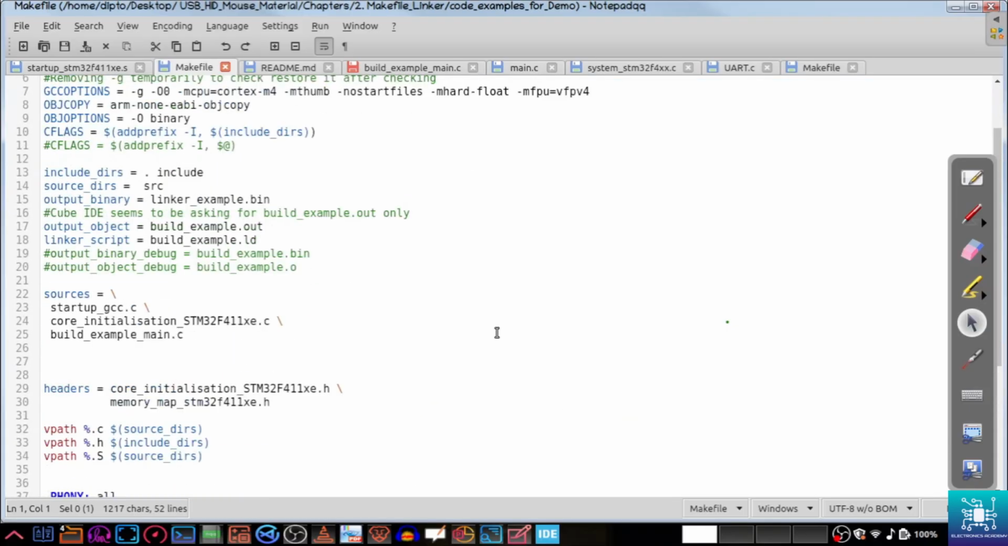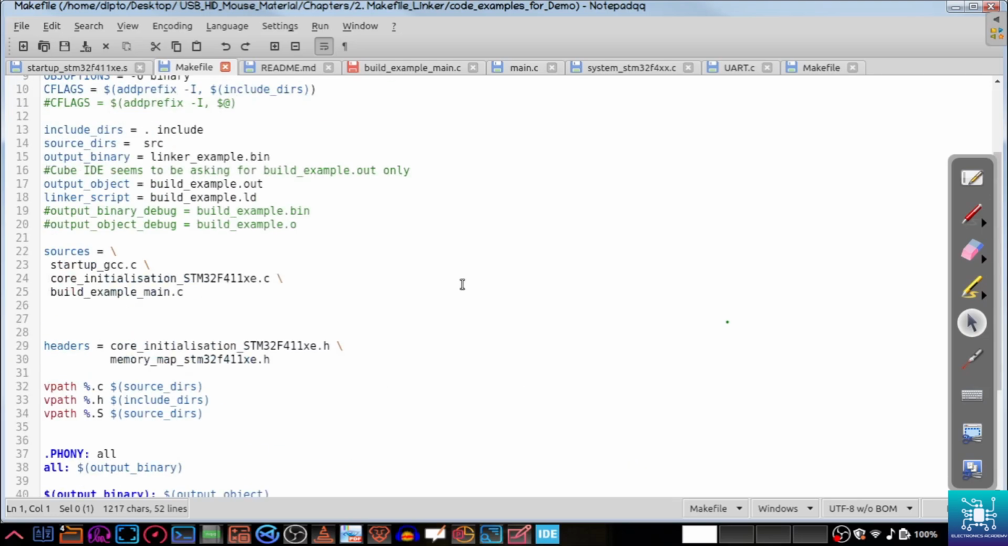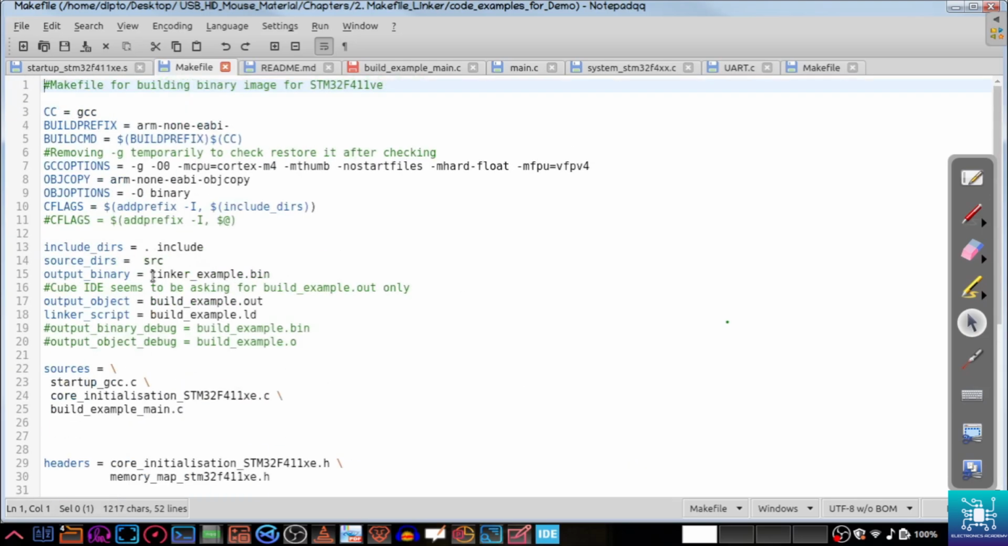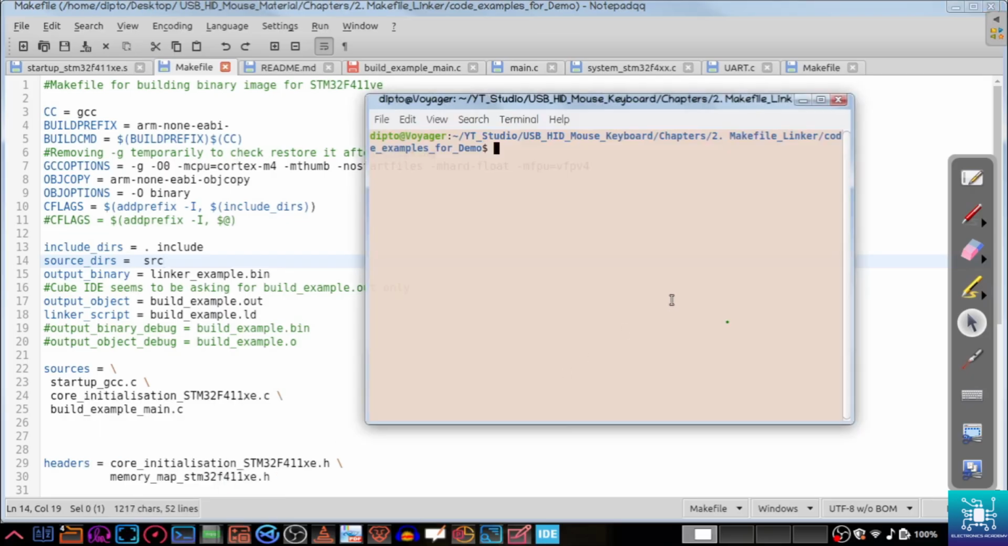So you have this makefile and we have make all, and it is creating the binary and everything. So see, the binary that we are creating is linker_example.bin. That is the binary file name. So if we do a make all here, it is going to create